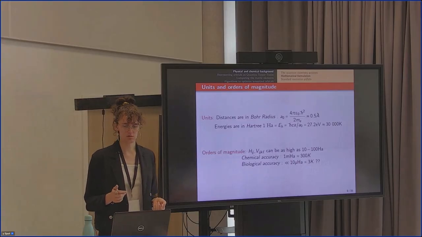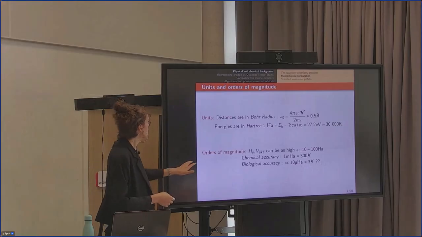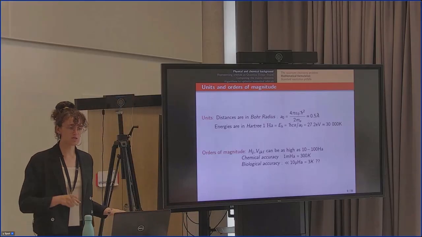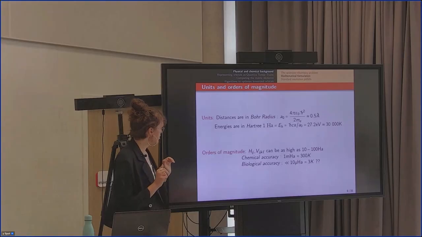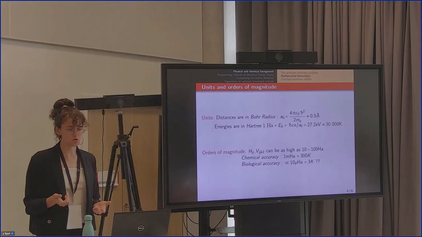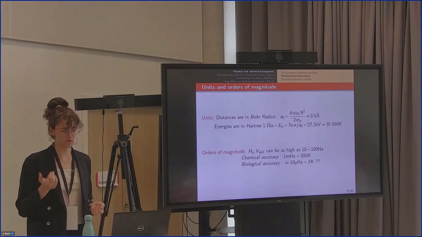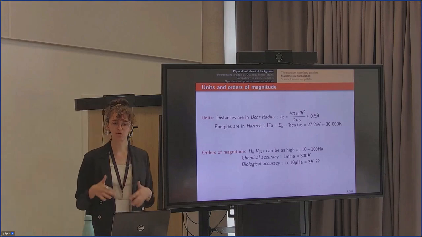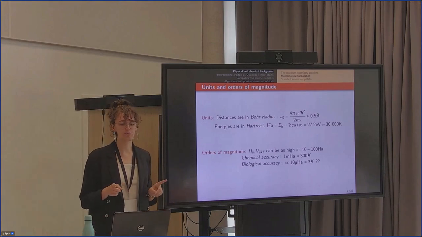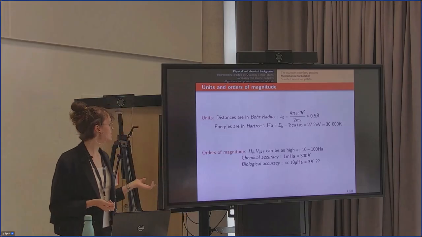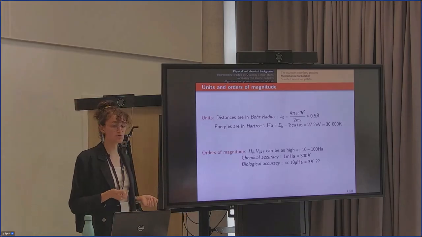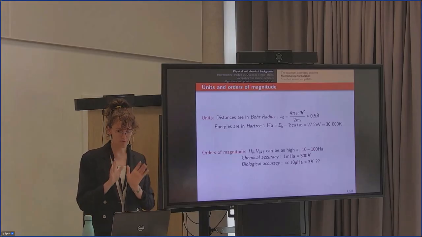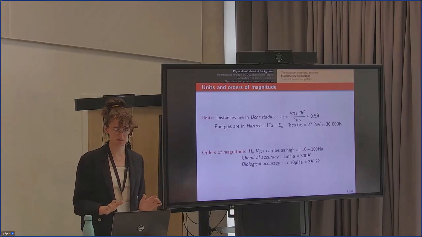So it's very high. And then the orders of magnitude, like the matrix elements we will compute, will be as high as 10 to 100 Hartree. But the accuracy we want, which is called the chemical accuracy, is 1 millihartree. So it's much lower than the order of magnitude of Hij and Vijkl, which makes sense, but it's still very high in terms of temperature. Like we're still aiming for an accuracy of 300 Kelvin. And even if we dare to dream, we can hope for biological accuracy, which could be as low as below the Kelvin, which means like microhartree. But in practice, this is very hard to get. We will focus here on getting the millihartree accuracy.